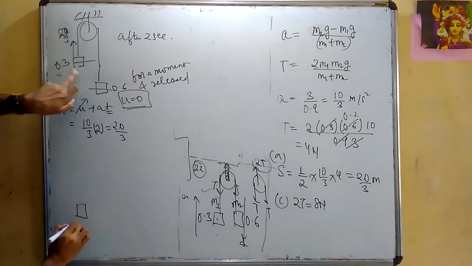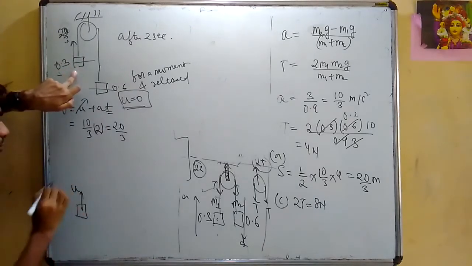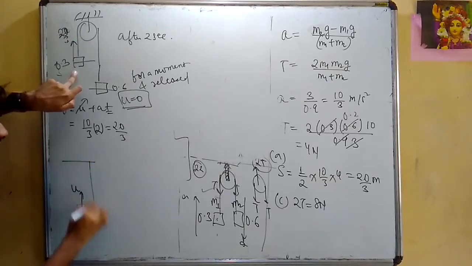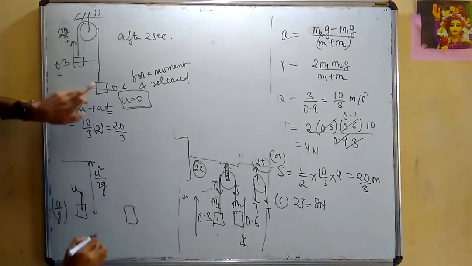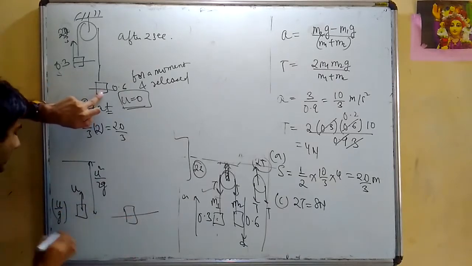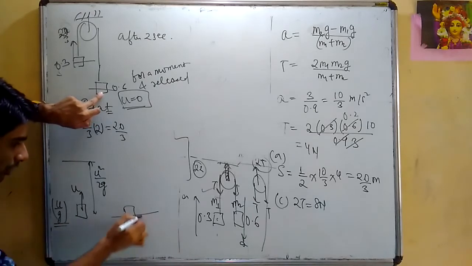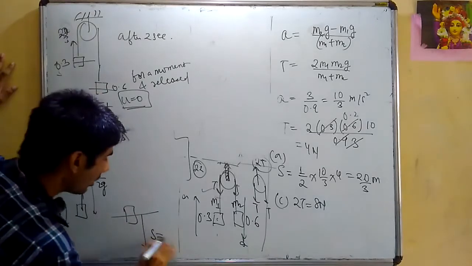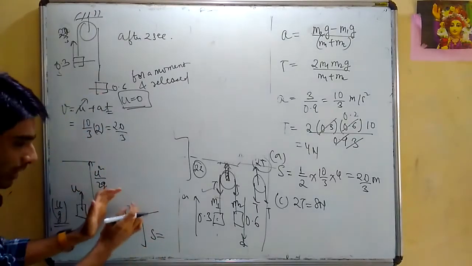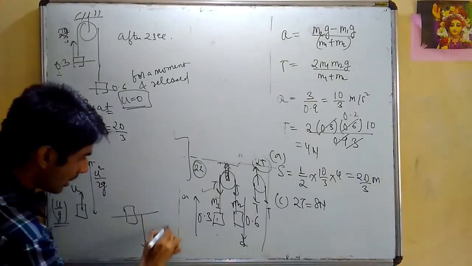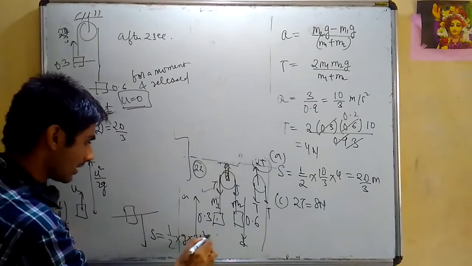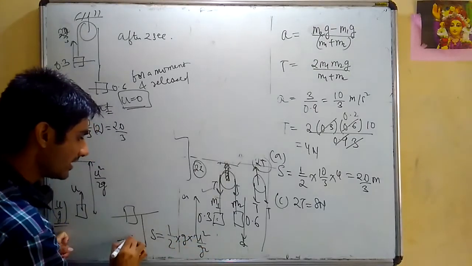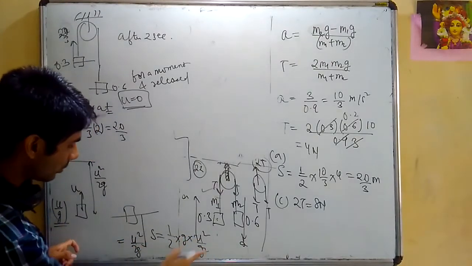Now if you carefully observe this particular thing, say for example it had a velocity of u. So what is the maximum height it will reach? Maximum height it will reach is u square by 2g. How much time it will take? U by g, right? And if I take this one, in the same time u by g, how much will it fall? U was 0 because this had been stopped for a moment and then it was released. So u is 0. So it will fall how much? Half g t square. And what is t? Same time. U square by g square. So what is that? If you see, it is u square by 2g.